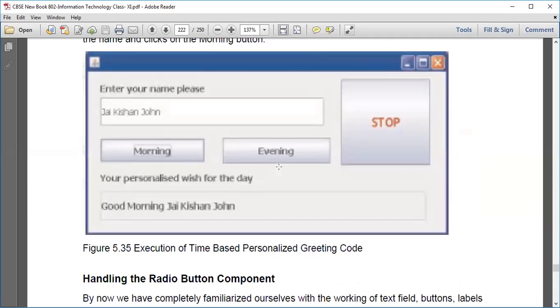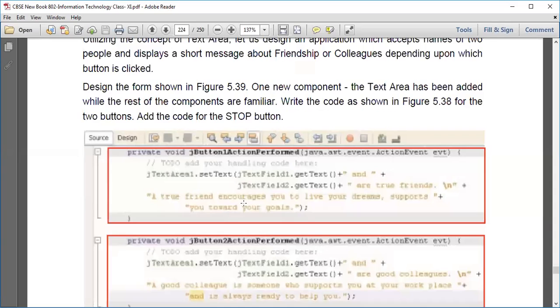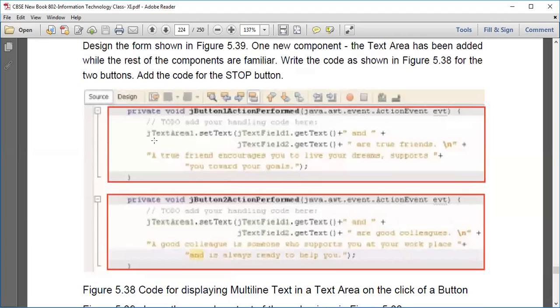Then next thing is, we have done this radio button, how to create a group, that also we have done. Button group properties we have done. Okay, text area can also be used. We can also use the getText method within the text area. Like if you see here, it is written jTextArea1.setText, textField1.getText plus and plus textField2.getText plus some more text. This and all other text are in inverted commas, and textField1.getText will straight away read the value